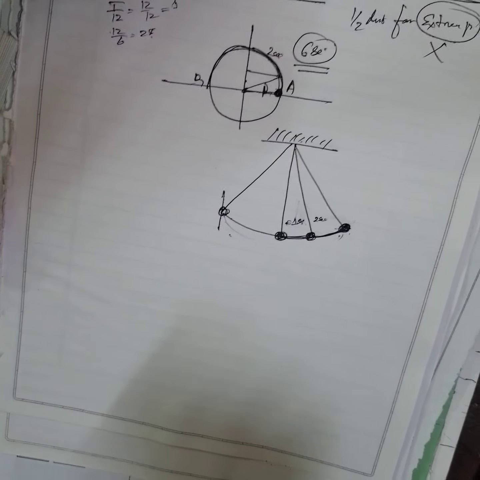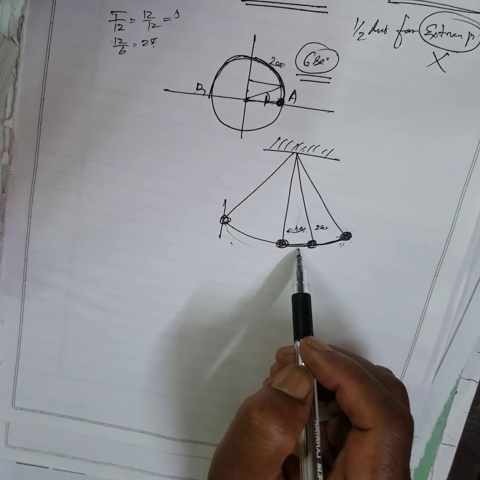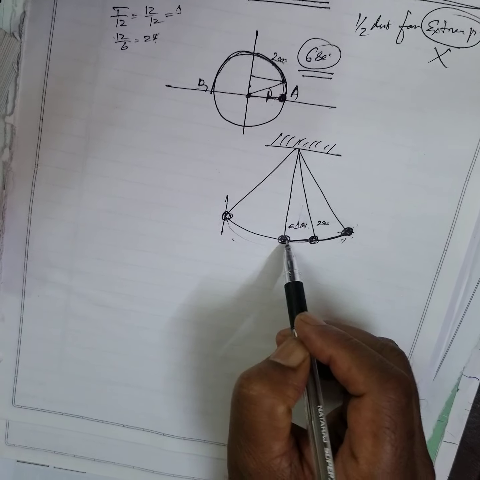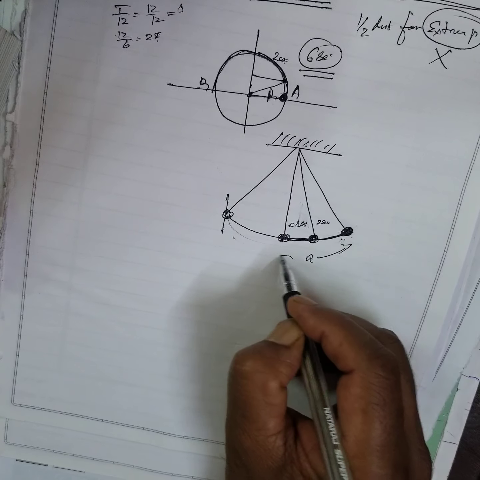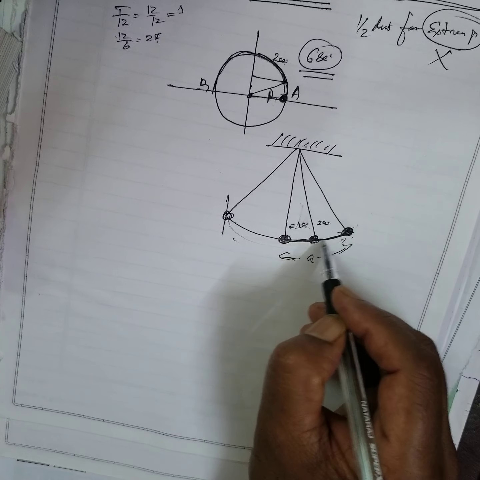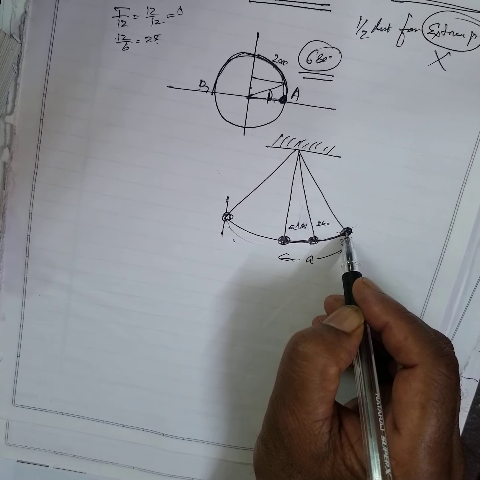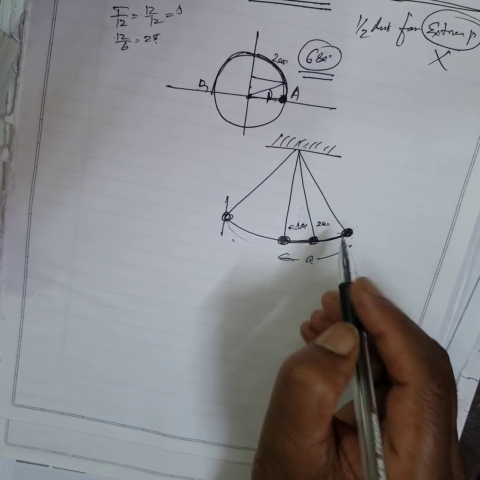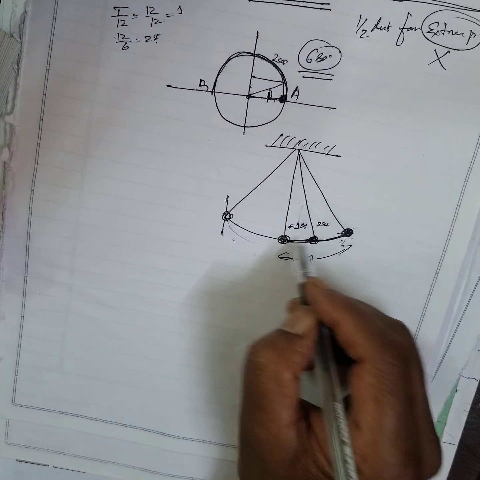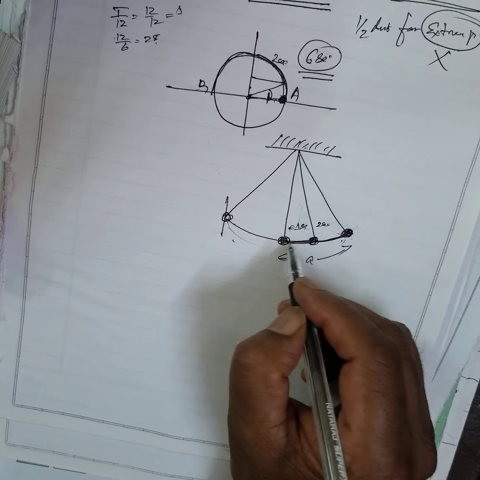See now how to do this one. See this example here. Suppose this is an amplitude. You take 1 second from here to here, and 2 seconds to go to the extreme position. From the extreme position to half of this, it will take 2 seconds. From here to here, 1 second. That means the body is accelerating.